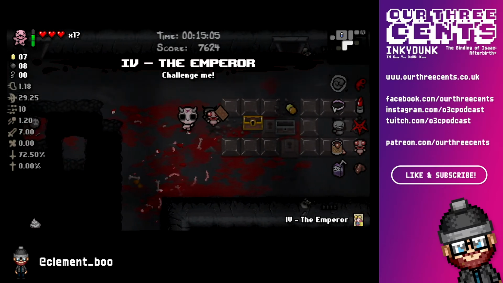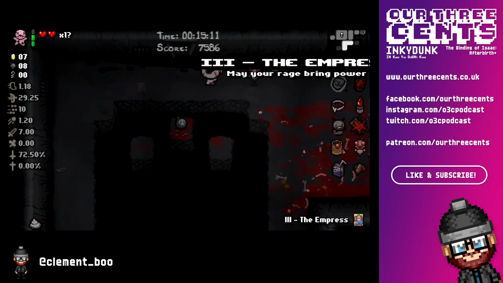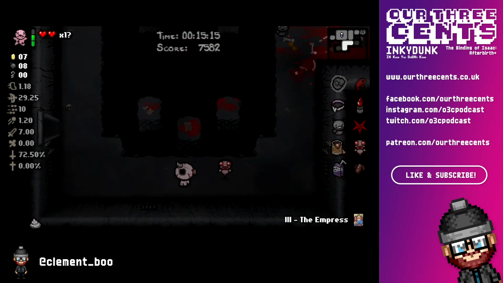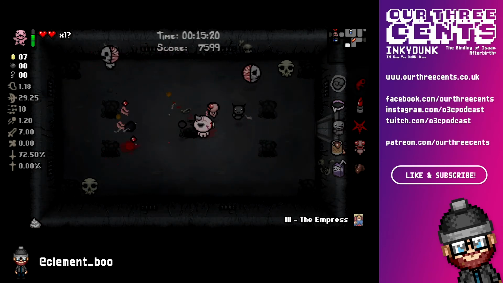Emperor card. It'll teleport you to the boss room. The Emperor... Ugh. Health. Stop taking pills. The Empress will give you the Whore of Babylon transformation, which is quite a good damage up actually, so...